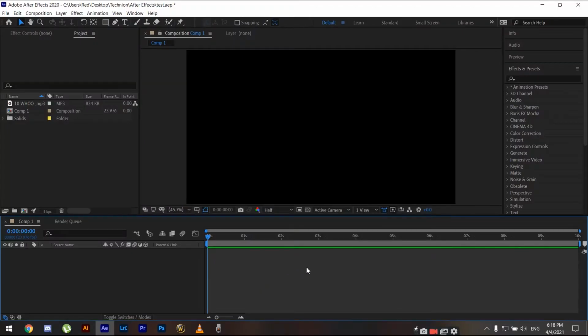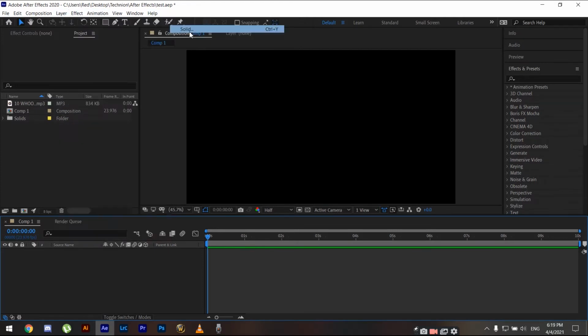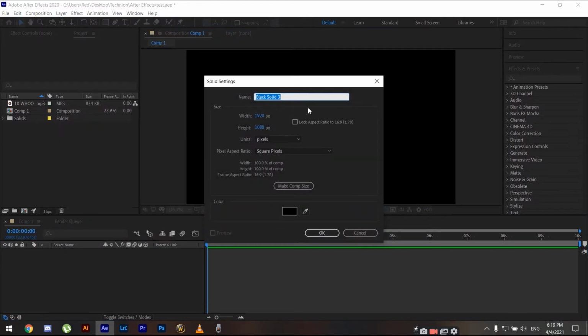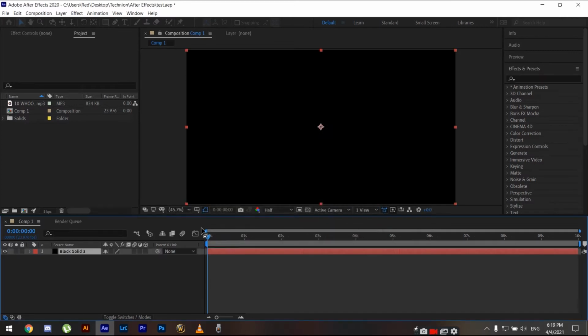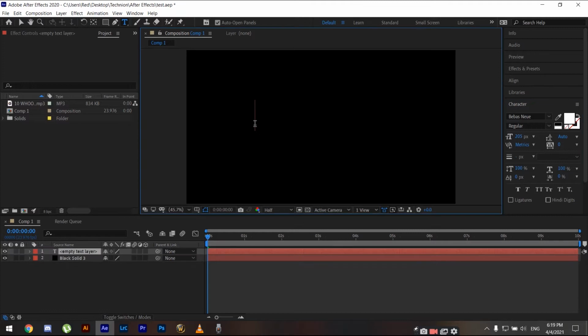Okay, so now we're inside of After Effects, and the first thing we're gonna do is go up to layer, new, solid, and you can pick whatever color you want. I'm just gonna pick the black color, and then we're gonna grab our text tool and type in whatever it is we want to type. So I'm just gonna type Saber,